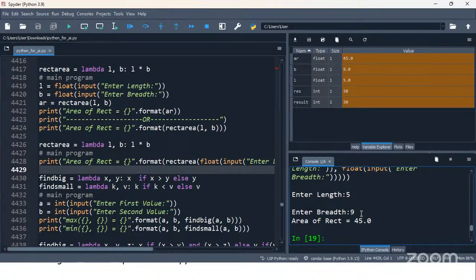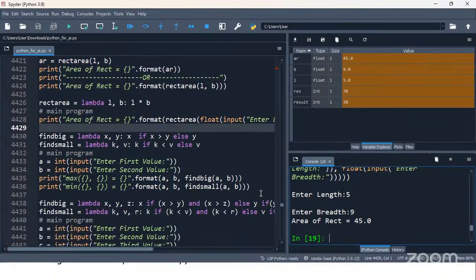What about the output? The output is same. There is no change in the output. No. Clear? Yes. Now, in the next example,